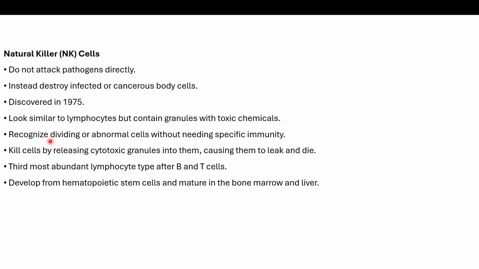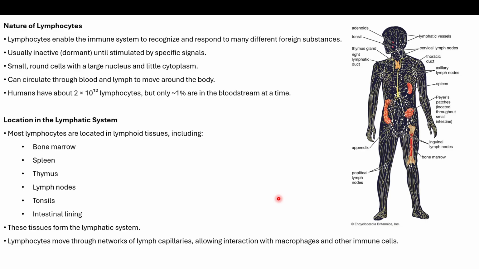These recognize dividing or abnormal cells without needing any specific immunity. And NK cells can kill cells by releasing cytotoxic granules inside the cells, eventually leading to their leakage and death. And it is the third most abundant lymphocyte type after B and T cells. And these NK cells develop from hematopoietic stem cells and mature in the bone marrow and liver. Now, if we talk about the nature of lymphocytes,